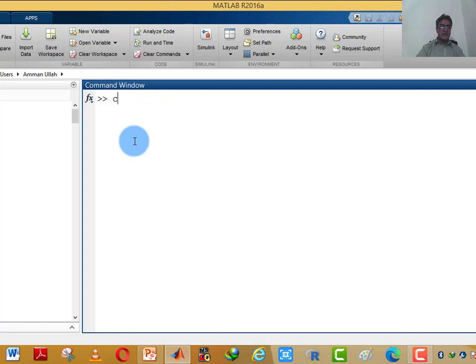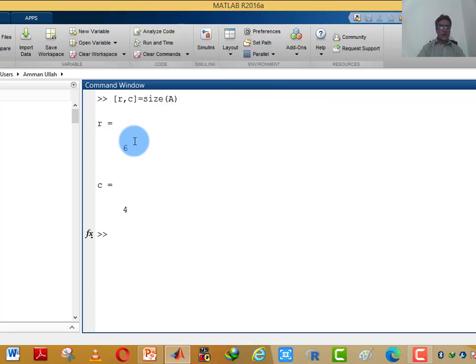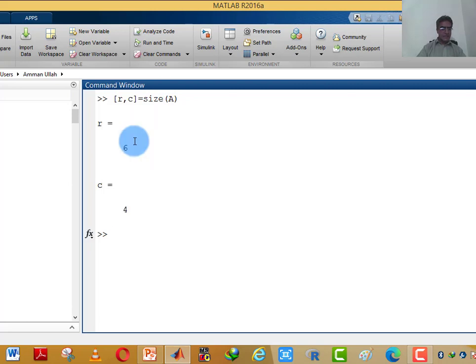You may see here, R and C are here in the memory of MATLAB, and also matrix A is here. I want to display the matrix A.